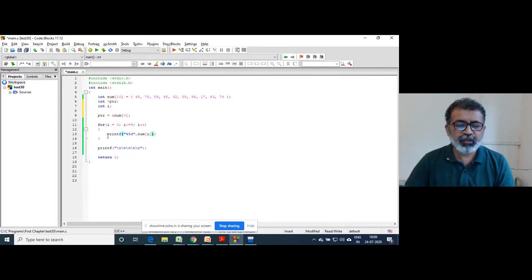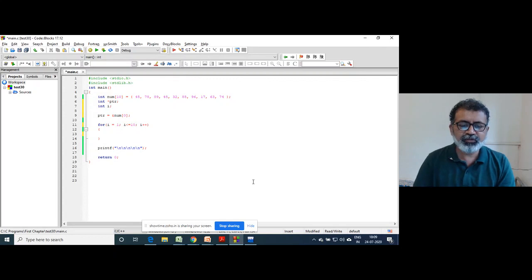Now let's see how to print the whole array. I want to execute this 10 times because now I do not need any index.